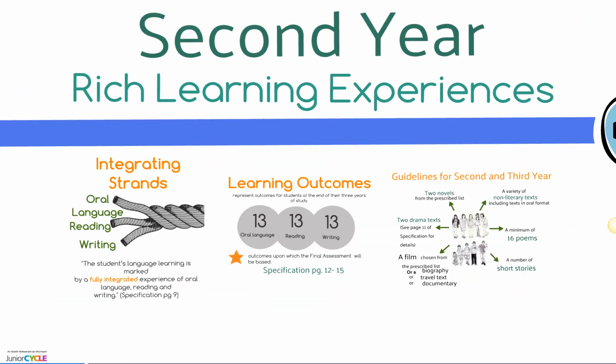As we journey into second year then, we continue to focus on the 3 strands, but now we notice that the subset of 22 learning outcomes blooms to 39 learning outcomes. The first year learning outcomes are marked with a circle. 23 of the learning outcomes are marked with a star, and a sample of these will be assessed in the final assessment. Of course, all of this information can be found in the Junior Cycle English specification on pages 12